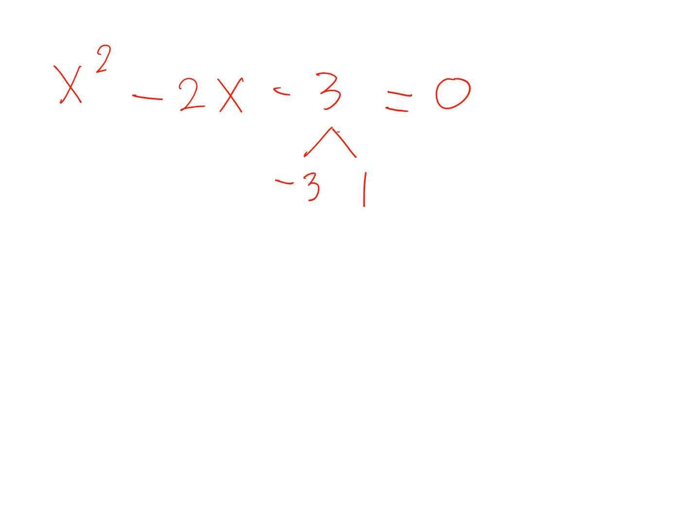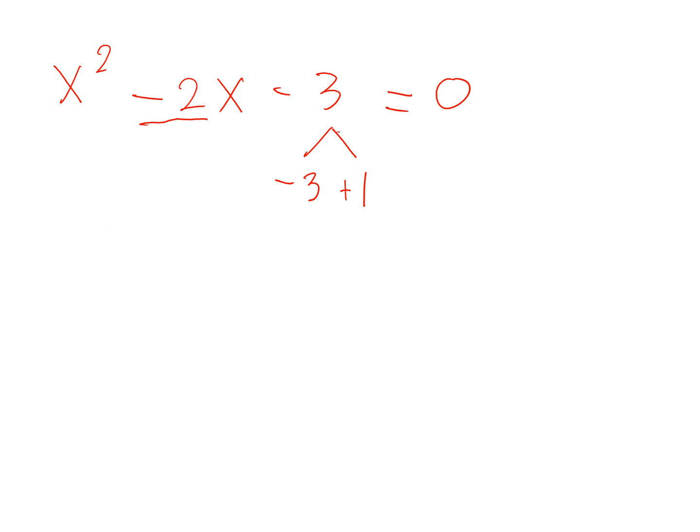Again, negative 3 times 1, that is negative 3. Then if we are going to combine negative 3 plus positive 1, we are combining unlike signs. So what is the rule of combining unlike signs? We copy the sign of the bigger number, then subtract. So copy negative here, then 3 minus 1, that is 2. So that is the coefficient of the linear term.